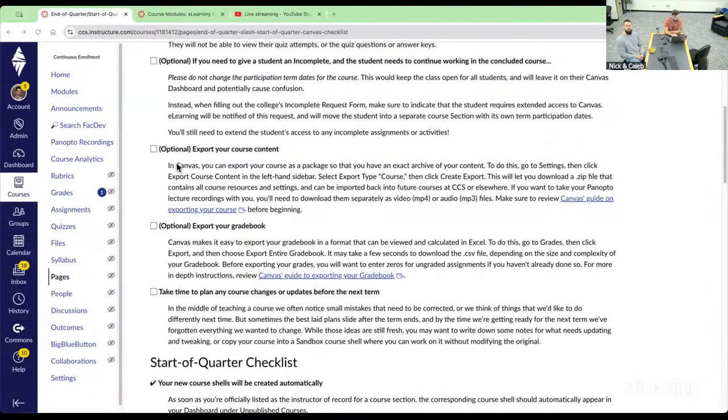Okay, moving forward, a couple of optional things that some instructors like to do is to export a course package of their course after they're finished teaching it. It's very simple to do that. I'm not going to tell you everything about it because we have it right here, including a Canvas guide on how to do it. But you can export the entire class as a zip file, essentially, on your computer,